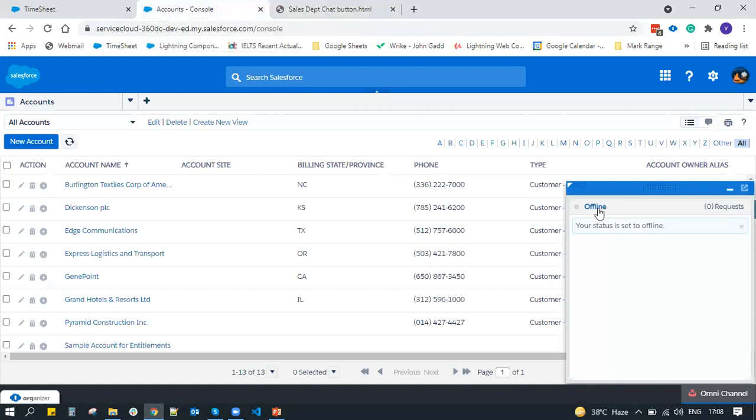Okay, so you will go back to that website, which is 360degreecloud.com. You will see the status has been changed, sales agent offline chat. You cannot click on it, and you won't be able to chat with an agent because none of the agents are present. As soon as you change the status to available, and any of the agents is available, then the chat status will be automatically changed, or you can just refresh the page to see the changes.